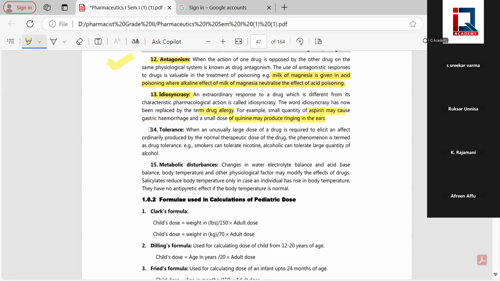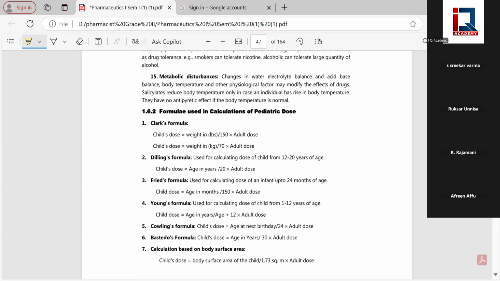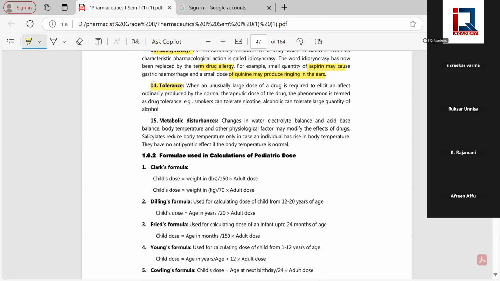Then drug tolerance and acute drug tolerance are important. Tachyphylaxis is called acute drug tolerance. I hope this is not given in this book, but you should know about tachyphylaxis. Tachyphylaxis means blocking of the receptors. If a small amount of dose is given continuously at small intervals of time, then those receptors are going to be blocked. Whatever you do, increasing or decreasing the dose, your drug is not going to respond to those receptors. That's called